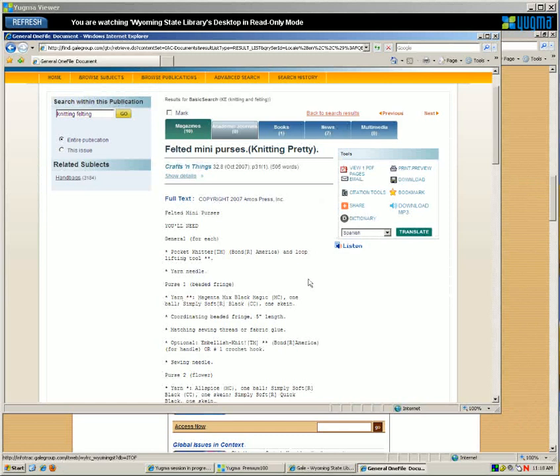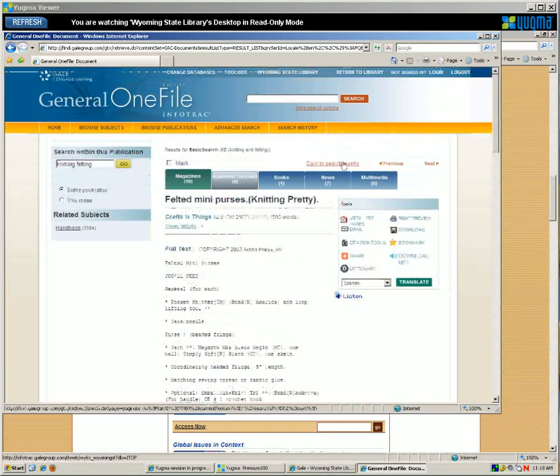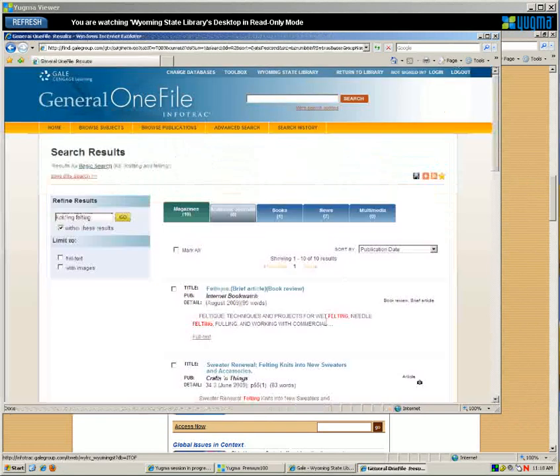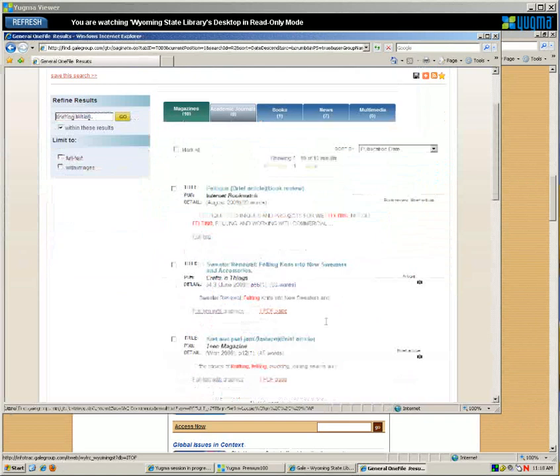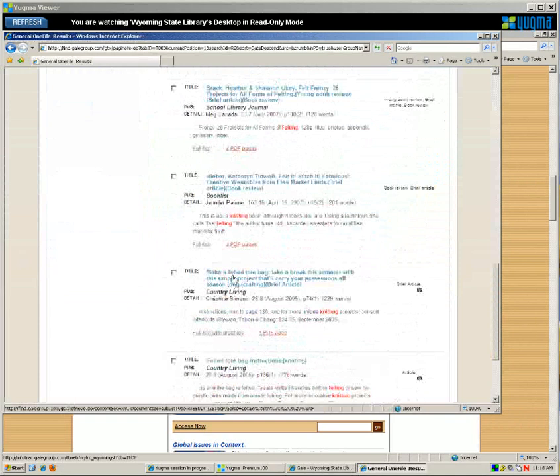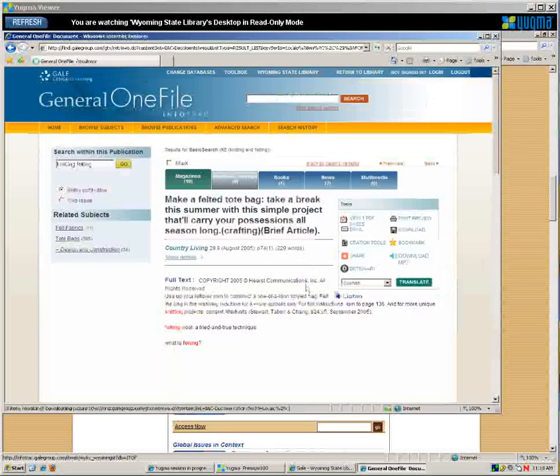To go back to my search results, it's this item right above the tabs, and it brings me back out here. One of the other things I want to show you is that when you're looking at magazines, let me scroll down and get to another one. I'm going to select this Make a Felted Tote. When we bring this article up,